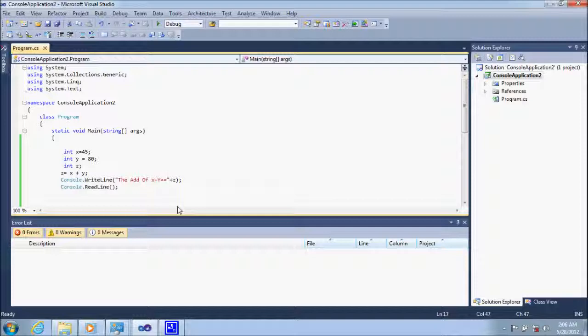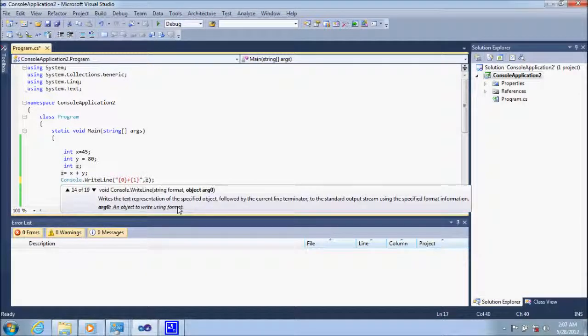So how can you do this? Instead of 45 plus 80, put 0, then a plus sign, then put 1. These are the arguments. Then here put a comma. After putting the comma you get some different arguments in Console.Write, argument 0, 1.